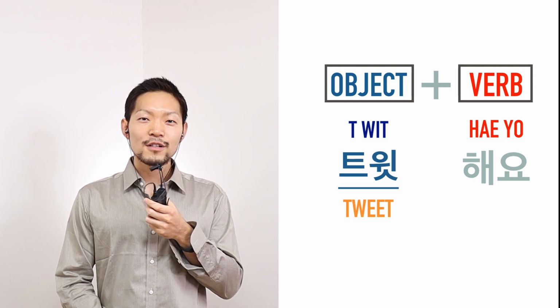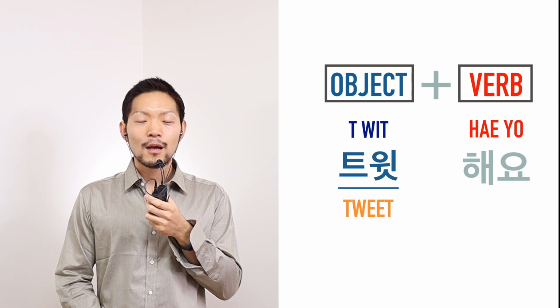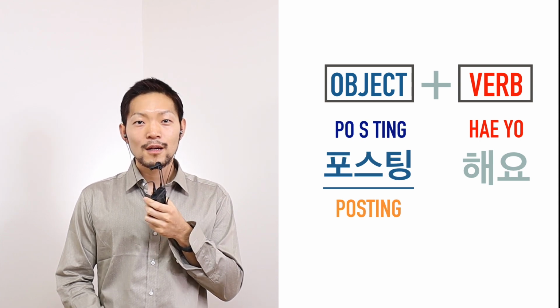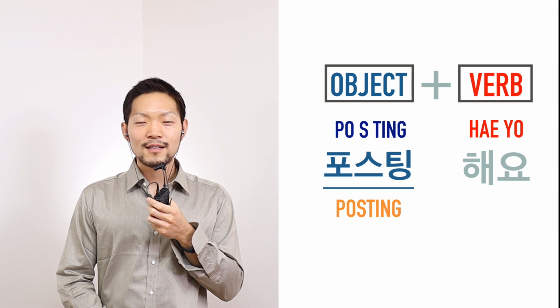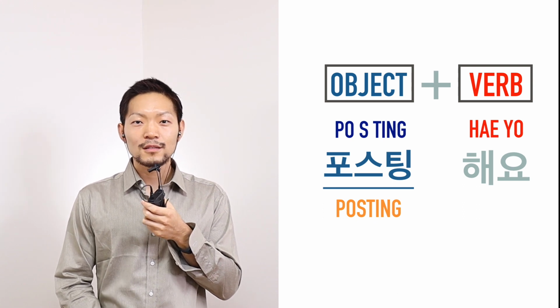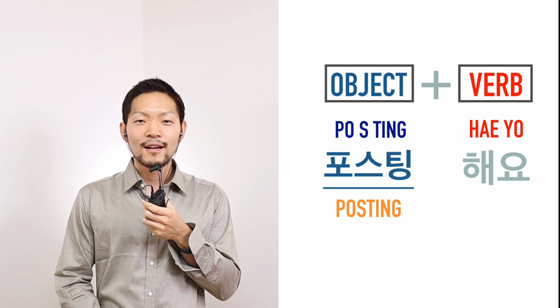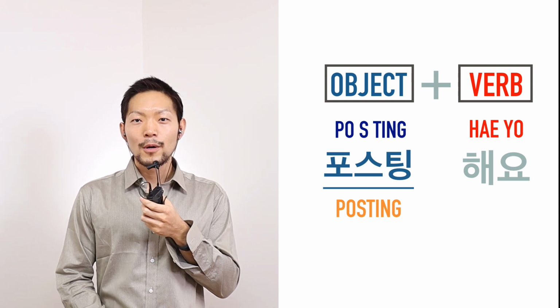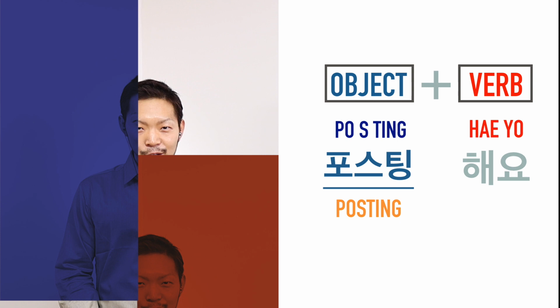Okay. Another somewhat of a similar expression is 포스팅해요. Of course, 포스팅해요 is used in a broader sense because you can post, for example, articles or photos, videos, and so on. And literally, we say we do posting. 포스팅해요. Now, this leads me to the next point of discussion. What do we do if we want to add another object in the sentence? Say as in, I post a video, then what do we do?